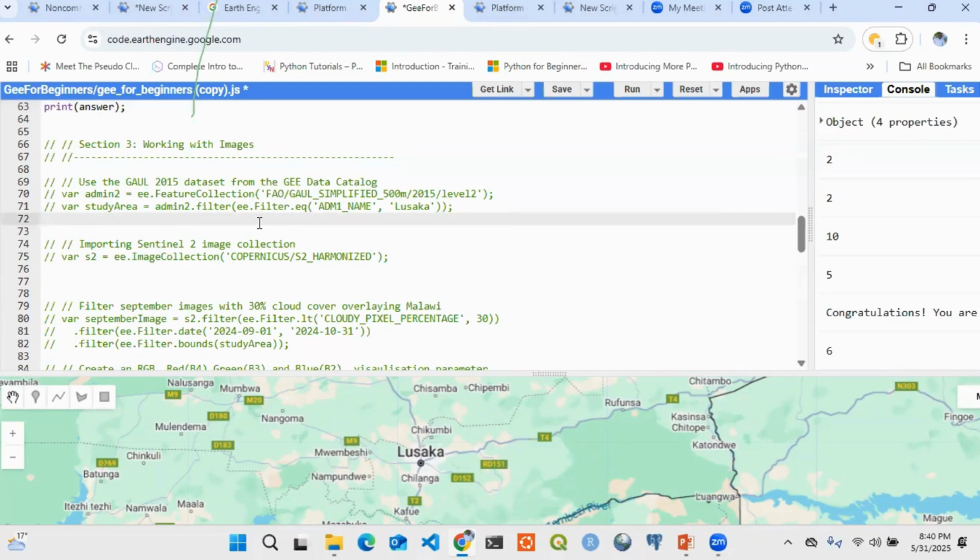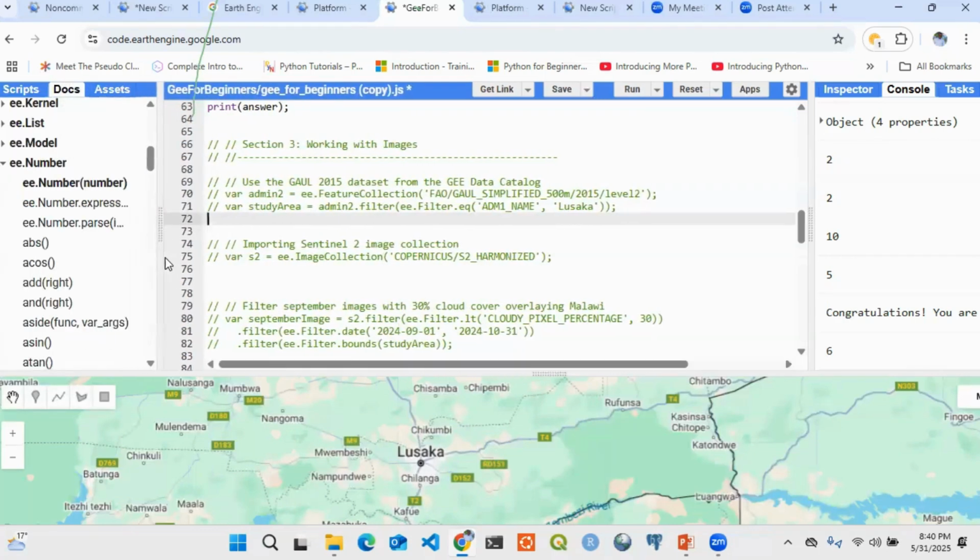Now, somebody was asking, how do you determine the region of interest? Do you always have to import it, or what? I say that there are two ways. The first thing is you can search whether you have a data set in the Earth Engine catalog, which you can just access and filter. I'll talk about filtering later. You can just filter, and then get the study area from the available data set, or you can import as